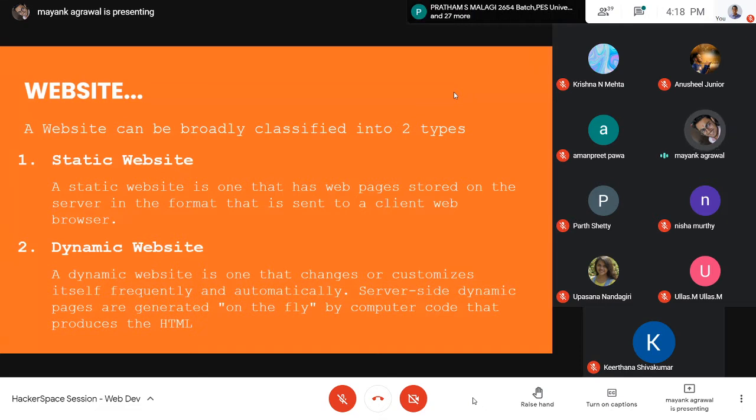So websites can be classified, as I told, into two types. A static website is one that has web pages stored on the server in a format that is sent to the client web browser. In the case of a static website, there's just an HTML file stored. Everything is written in it, the server sends it to your browser, and your browser just displays it. That's it. Whereas in a dynamic website, this is not the case. In a dynamic website, there is certain code as well as your HTML file stored on the server.